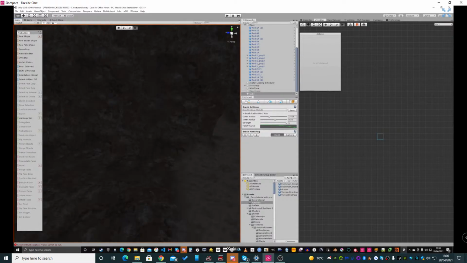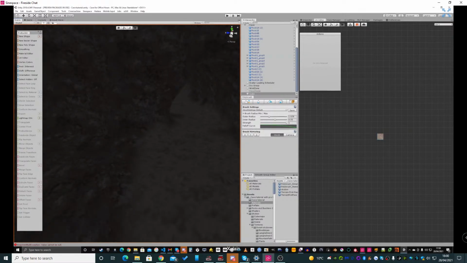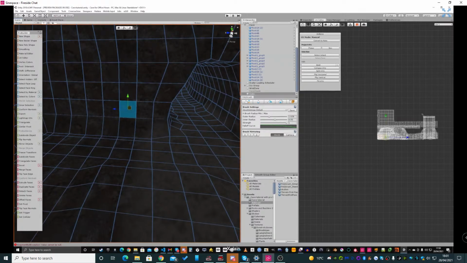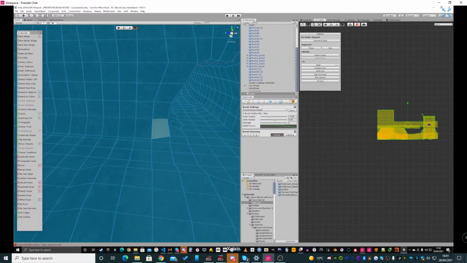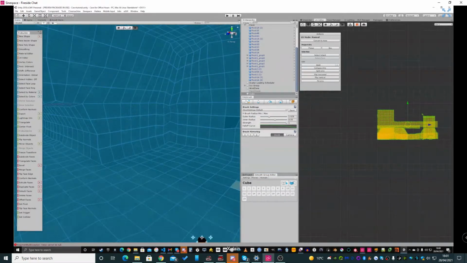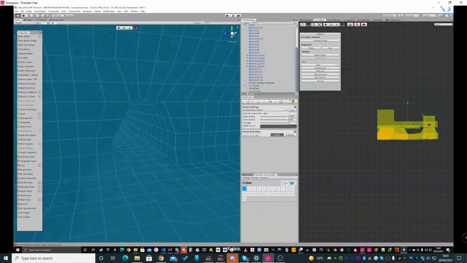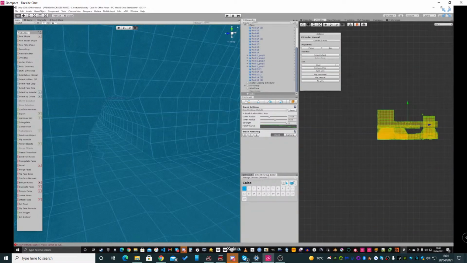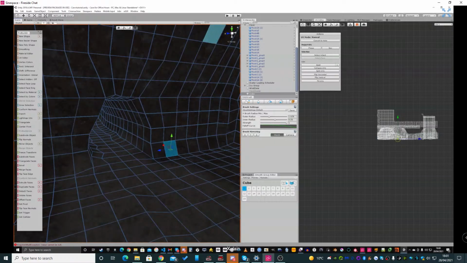What you can do, very much like Blender, is select all the quads, and there's a part of ProBuilder called smoothing groups, and I've already got the smoothing group open here in the project window. All I have to do, with everything selected, is click one of the smoothing groups. That's it. That's just put everything into that smoothing group. So now, if I play it again, come in here,